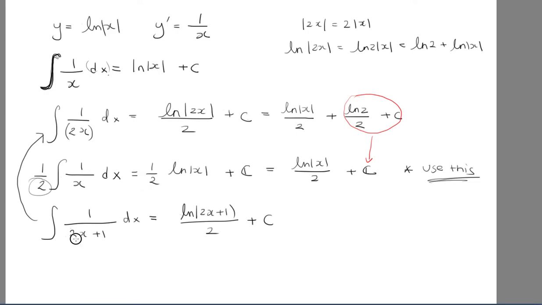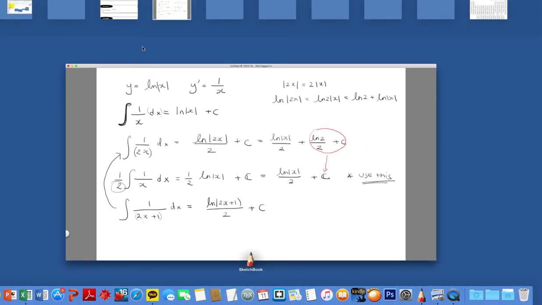But if it's like this, 2 terms inside the denominator, then you can't take the 2 out of it. So you just integrate this whole thing and put all of this into the ln and then divide by 2. Okay, so that's the way you should do it,